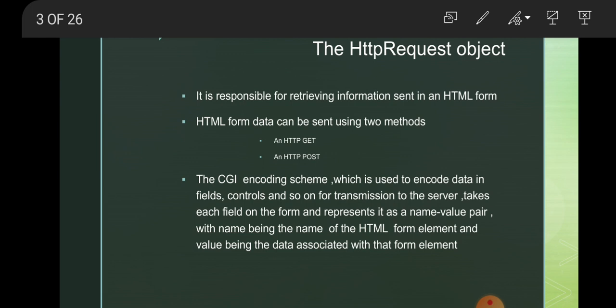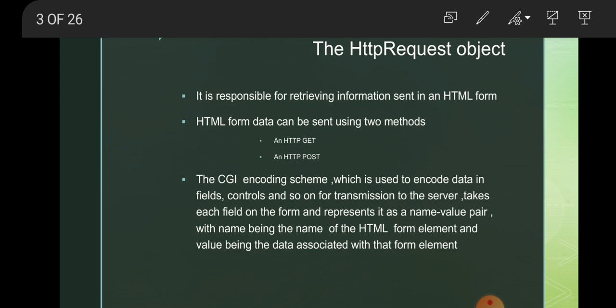For example, if we place a text box in the web page to get the age of the user, the text box is used to key in the age of the user. Here it is a field. The text box is a field on the HTML form. How is it represented? The name of the text box is the ID, identification.